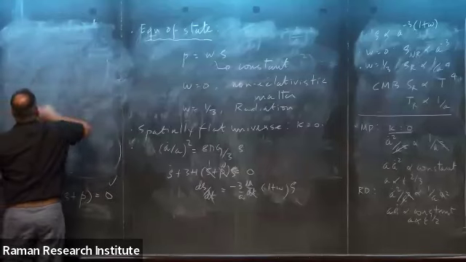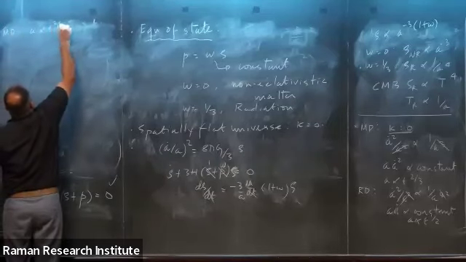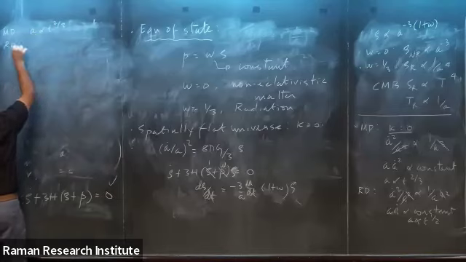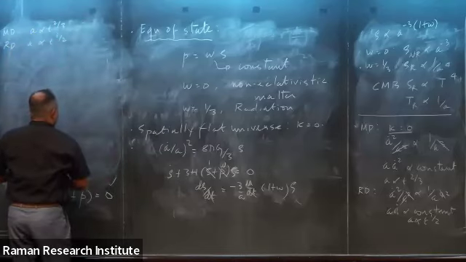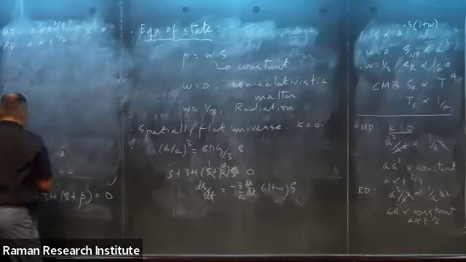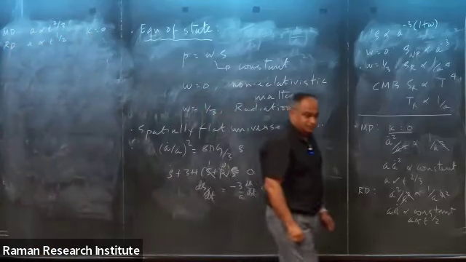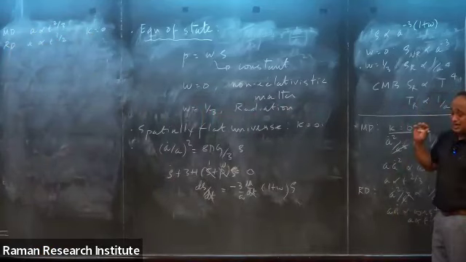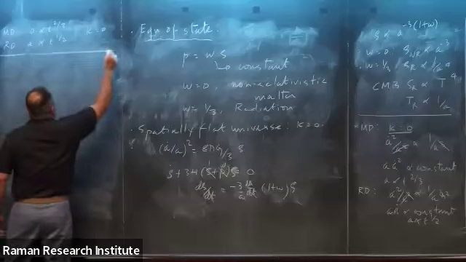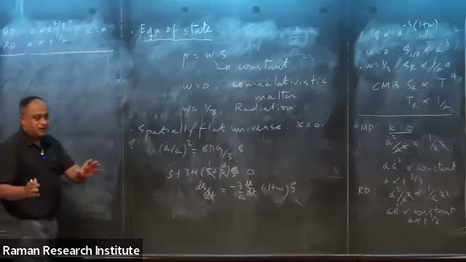Let me summarize and write it here. Matter domination, A is proportional to T to the power 2/3, and radiation domination, T to the power half. What are we assuming? We are assuming kappa equal to 0. We have in principle solved the equations and arrived at how the scale factor behaves. But it is convenient for us to include everything and introduce what are known as cosmological parameters. This is just to get an idea of how the scale factor behaves in different epochs.